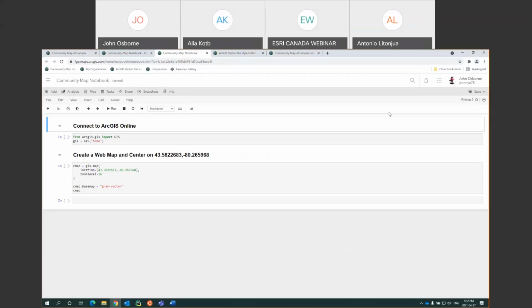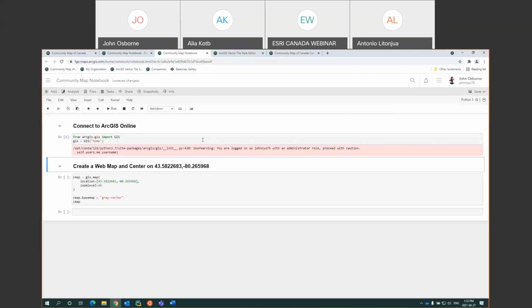So I haven't written an analysis here, but what I have is a very simple notebook application that displays a web map. And right now it's going to display a web map using just the standard Esri gray vector. So I'm going to make a connection. If you haven't worked in Python before, or you haven't worked in notebooks before, I just want to describe that this first line of code simply says, hey, I want to connect to a GIS portal,